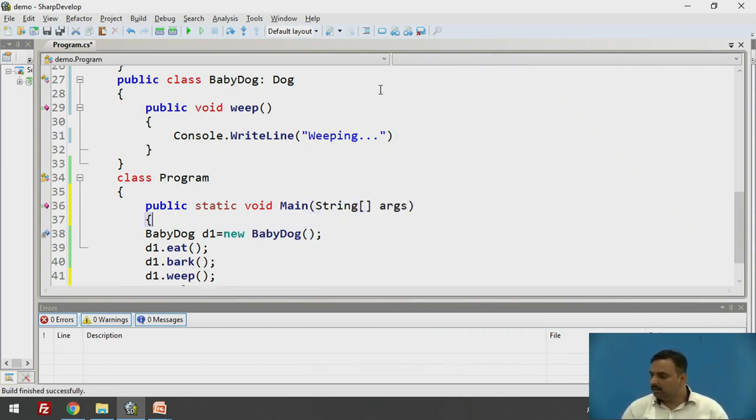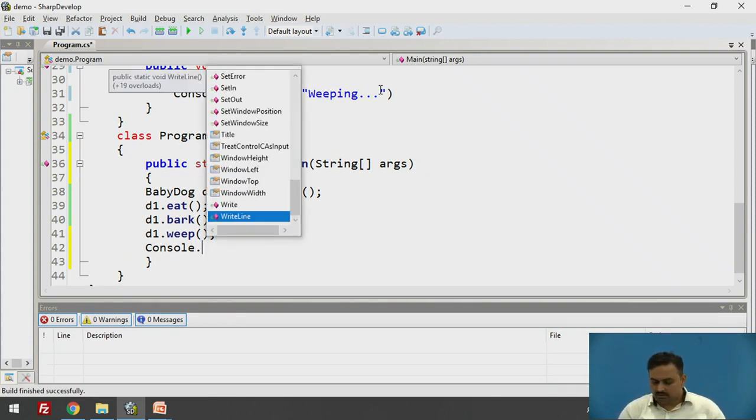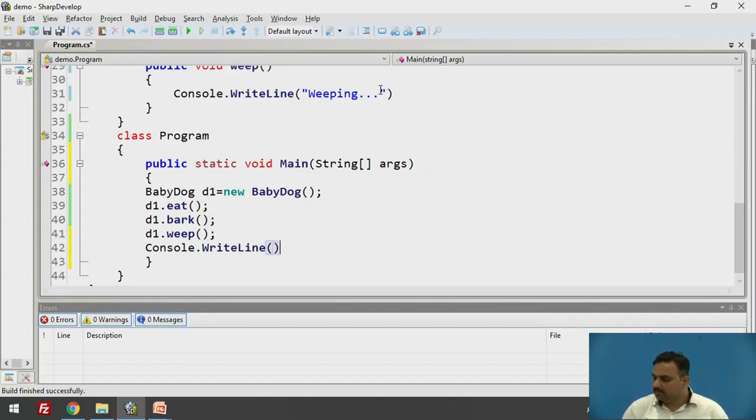And after that you have to write it like that. Console.WriteLine, press any key to continue.